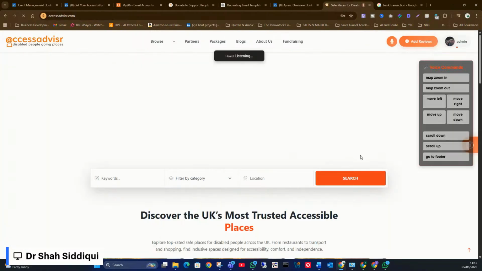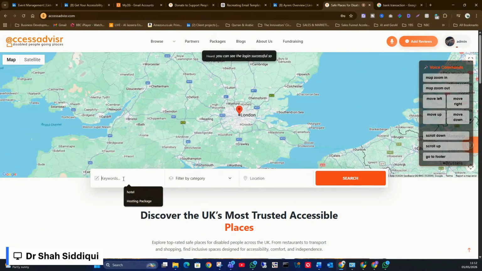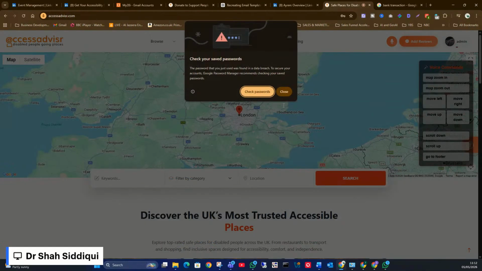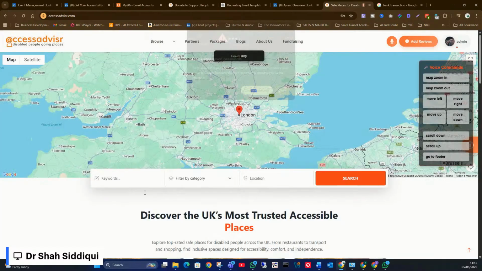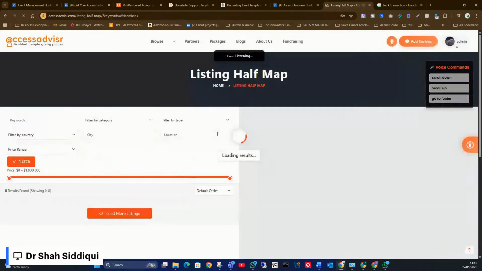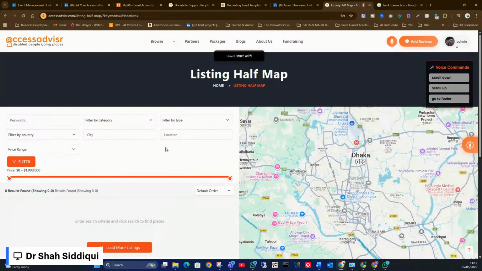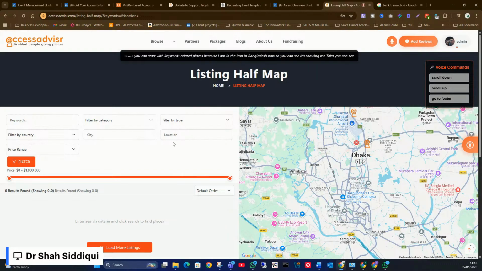You can see the login is successful. You can search with any keywords, related places. Because I am in Bangladesh now, you can see it's showing me Dhaka. But if I search a location like Southampton,